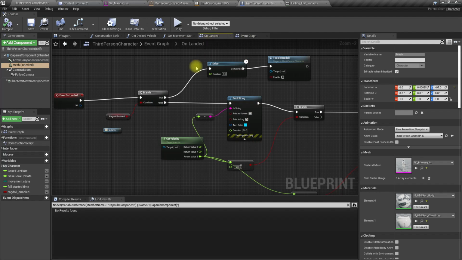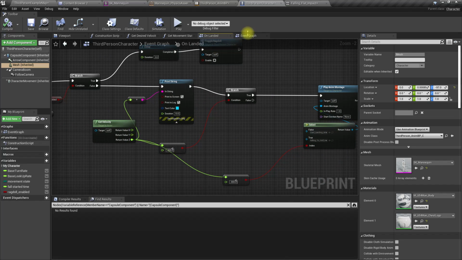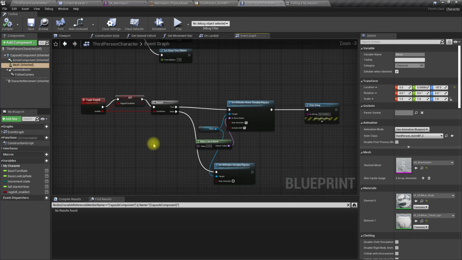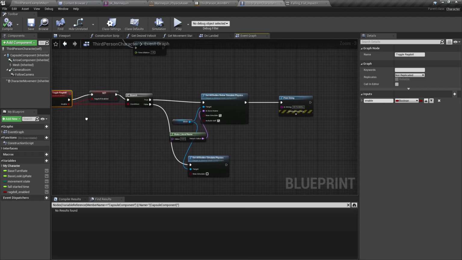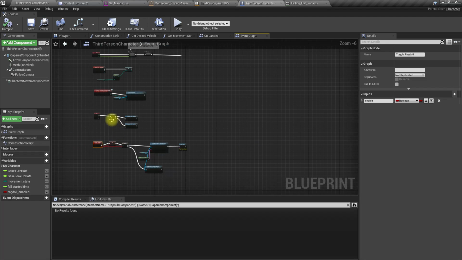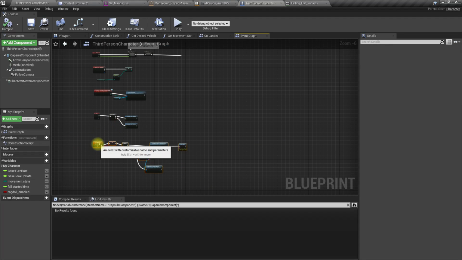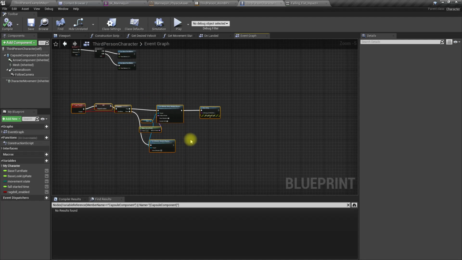Alright, now in this toggle ragdoll, maybe before going for the ragdoll, let's try the system without the ragdoll, only with the animations.